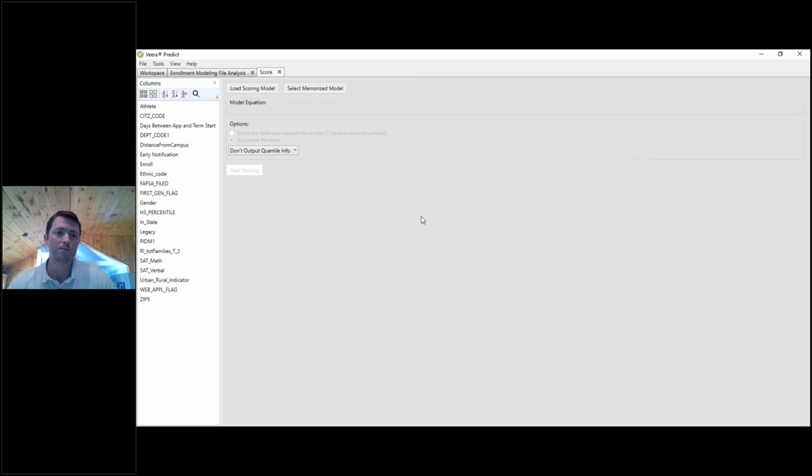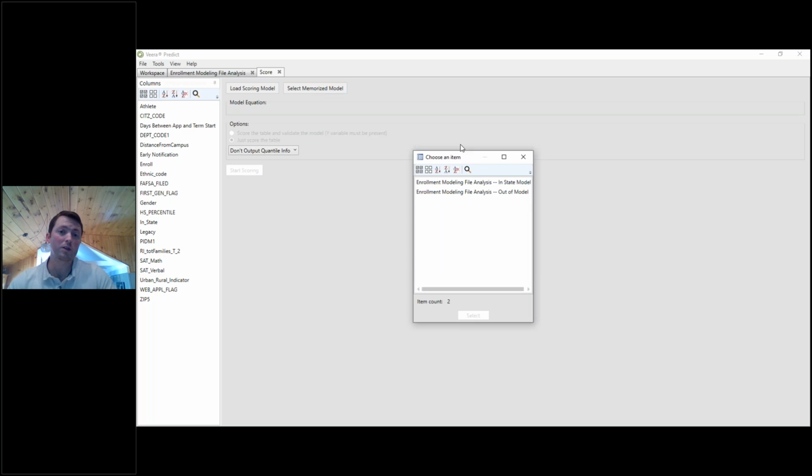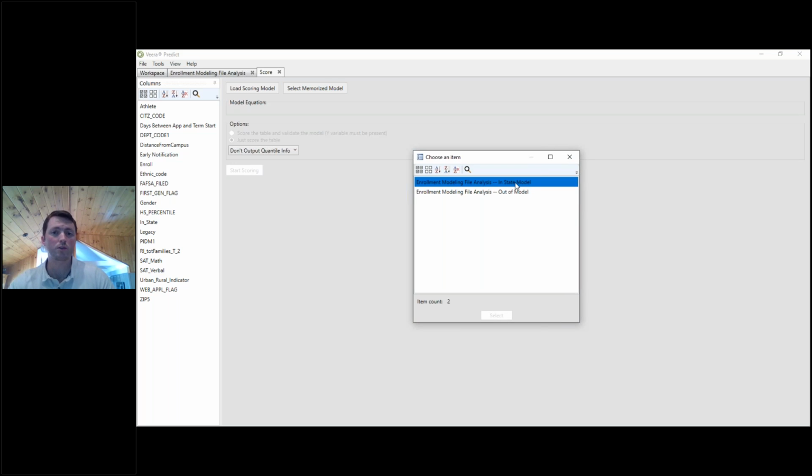And then if you hit OK, it will pull you into this new interface. You now have the option to either load a scoring model if you've saved it somewhere out to your network, or to select the memorized model if you have an analysis open at the given point in time. So if I select a memorized model, it gives me this list. These should look familiar. These are the two that we've just built. And so if I choose the in-state model,